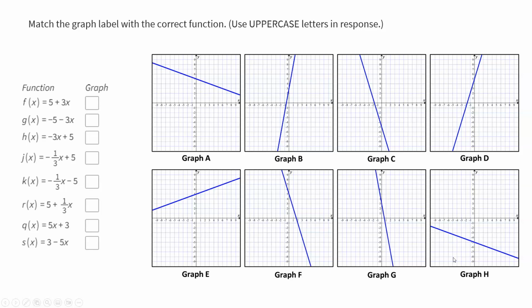In example 3, you were given these lists of linear functions, and they're all essentially in slope-intercept form, with the exception that you have your function notation over here instead of a y value, and you were asked to match these equations with their appropriate graphs. In order to aid you with that, going through these graphs, what you wanted to do in each one of these cases